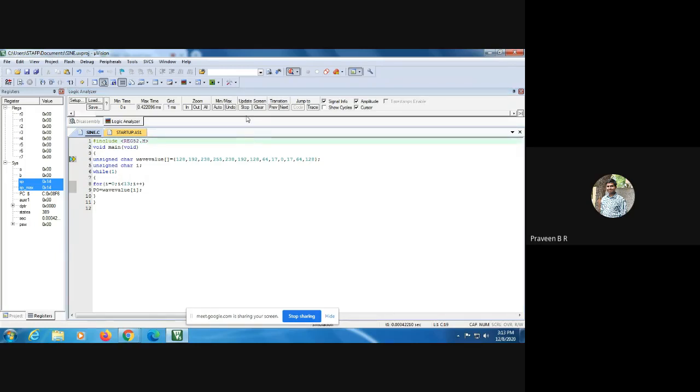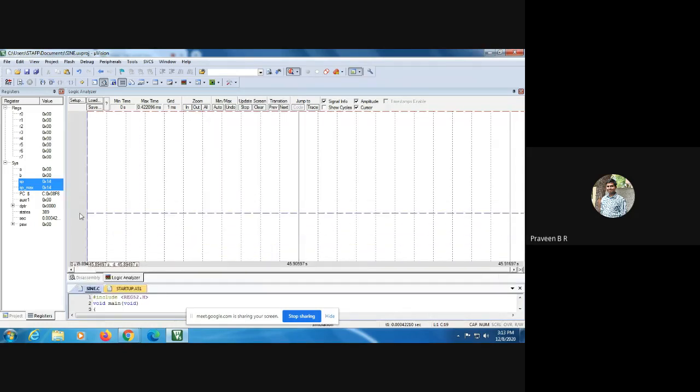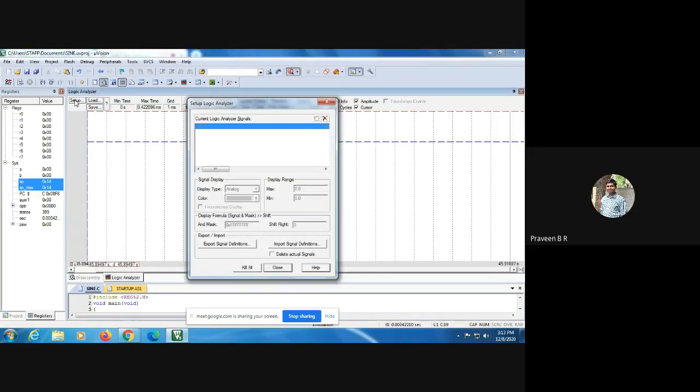Once you find the logic analyzer, you have to see that there is a y-axis, there is an x-axis. You have to set up the port. So in the left corner of the logic analyzer, you find setup. In this current logic analyzer signal, there is add and delete. You click on new. It asks me to enter which port you have selected.